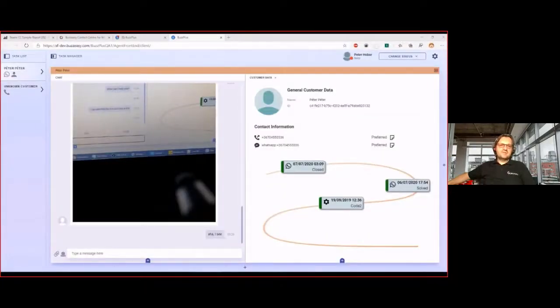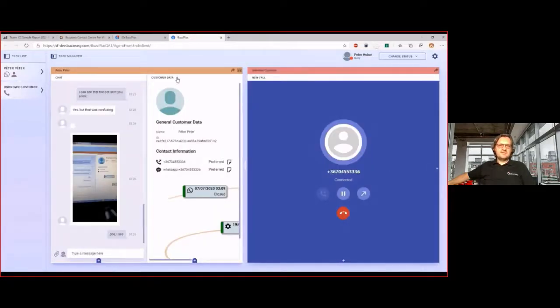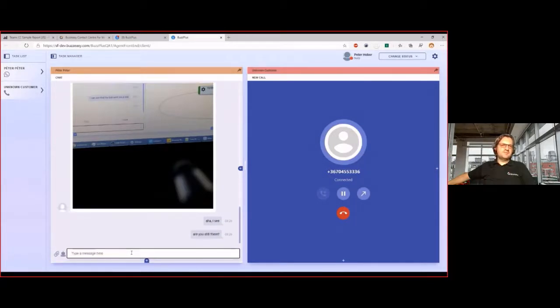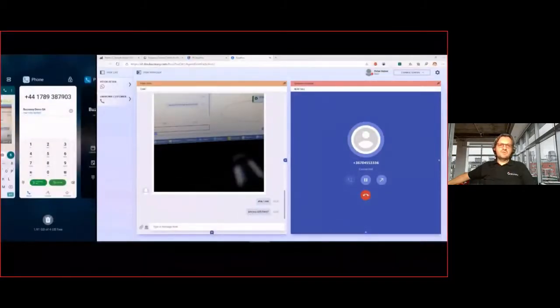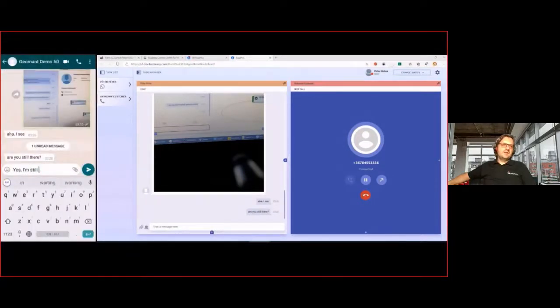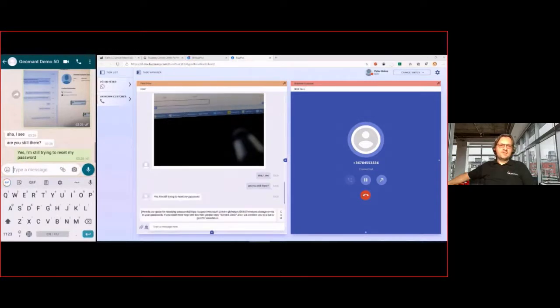And our user interface is pretty flexible. So you can either swap between the screens, or you can have those two interactions on the same screen, color coded to make sure that the agent will see that these are maybe different customers that they need to talk to. And still, you can have the WhatsApp chat with the customer and talk with another one. Of course, this is up to the agent training and skills if they can manage that.